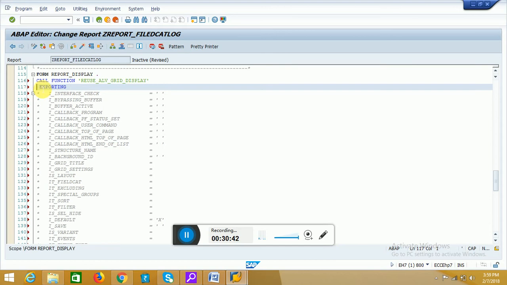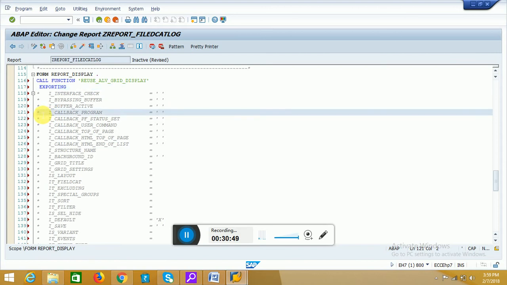exporting, I_CALLBACK_PROGRAM. I_CALLBACK_PROGRAM means the system's current program. That means you need to specify here the keyword SY-REPID. That means it specifies the current program. Next,